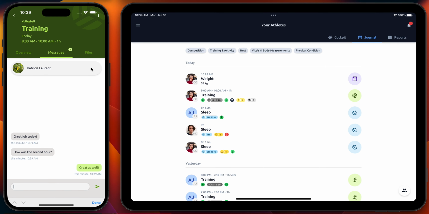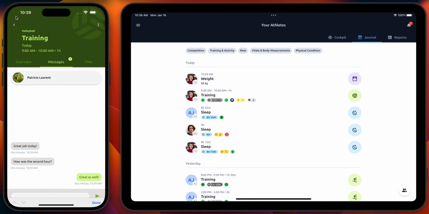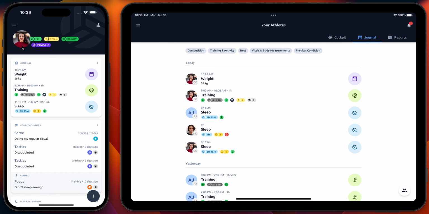And those are essential for motivation. That's one thing we really figured out, especially if you're a coach having a lot of athletes in your team and you're not able to talk to them one by one each day. That's one other channel how you can still reach out, leave a quick feedback or motivational message.